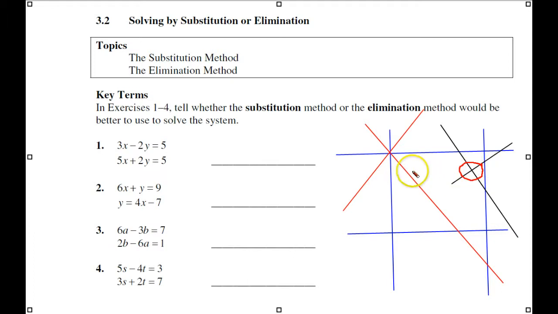So this is maybe 0.8 here, this way, and it might be like 0.7 up, so maybe, I don't know. So if this were the origin here,